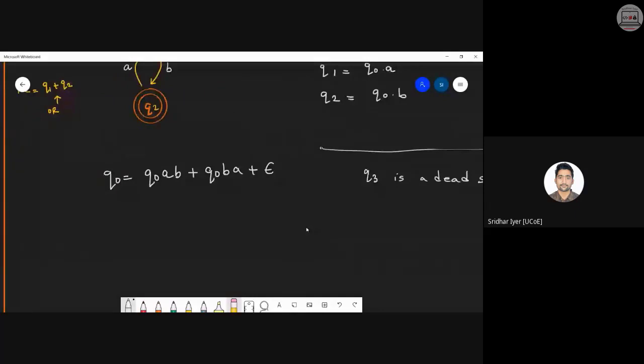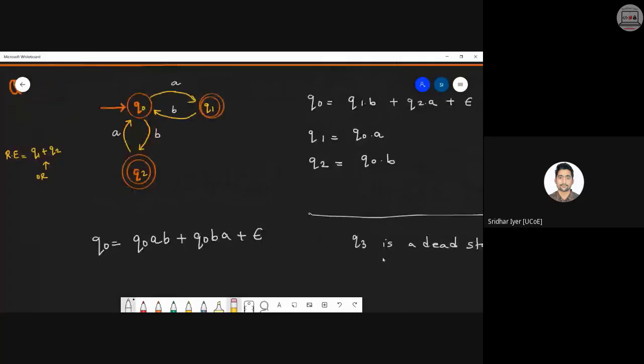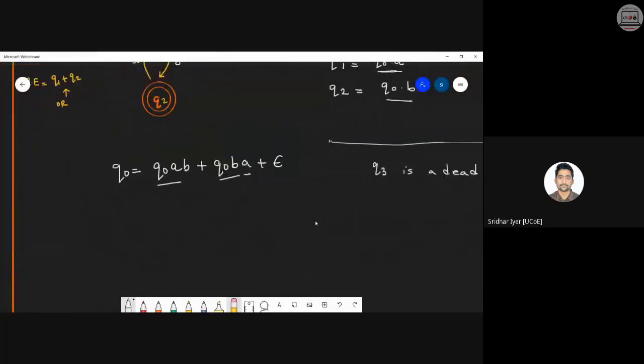Let's check. I have not solved it yet. Let's go step by step. So what we can do is अभी समझो पहले क्या किया मैंने. Q1 is equal to Q0A था, right? So Q1 was Q0A. So I have simply substituted this Q0A over here. So it becomes Q0AB. Similarly, I have put this Q0B over here. It becomes Q0BA. Clear? Plus epsilon तो था पहले से. So it now becomes Q0 is equal to, I have simply rearranged it. Epsilon plus Q0 I have taken as common. It becomes AB plus BA.